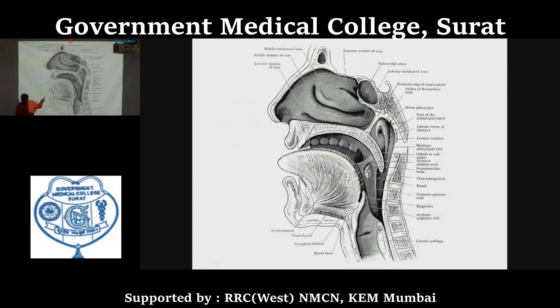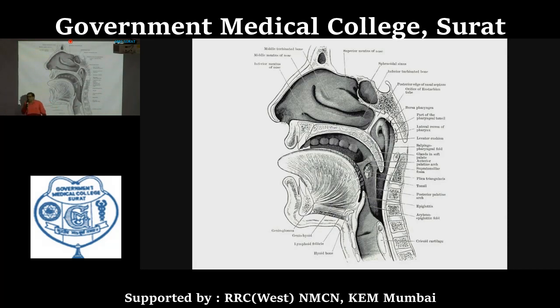Here once again I am showing the same figure. The part which lies behind the nasal cavity is the nasopharynx. Similarly, the part which lies behind the oral cavity is the oropharynx. And this one is the laryngopharynx, the part which lies behind the larynx. So these three are the parts of the pharynx: nasopharynx, oropharynx and laryngopharynx from above downwards. In the next discussion, we will discuss certain important points about these three parts.